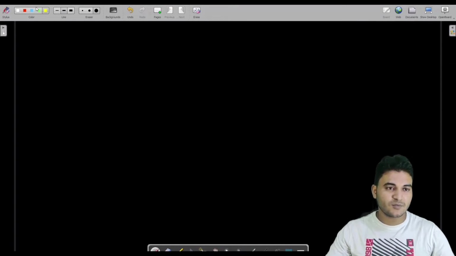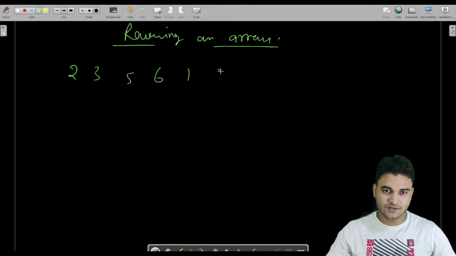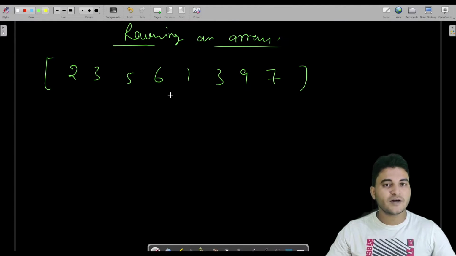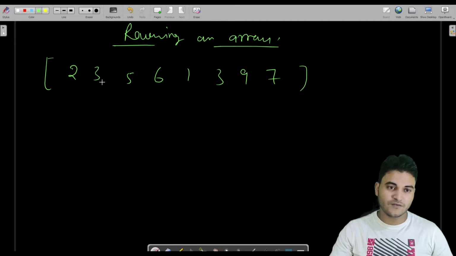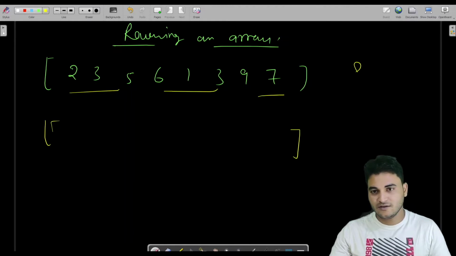Fine. So let us say the problem is reversing an array. Assume we have been given an array 2, 3, 5, 6, 1, 3, 9 and 7, and you have to reverse it. One approach could be to make another array of the same size, size 8.